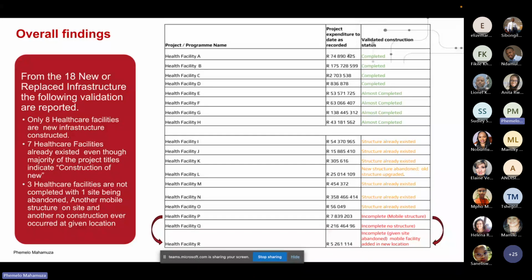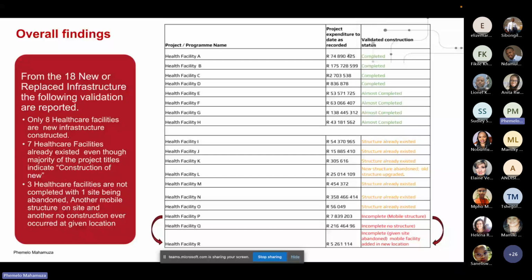we can see that only 8 of them were actually new healthcare facilities that were completed. And apologies, I had to filter out the name because this is still an ongoing project and we don't want to disclose too much. But another sad finding is that from the model itself, we also started to pick up